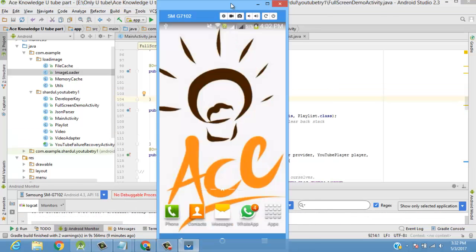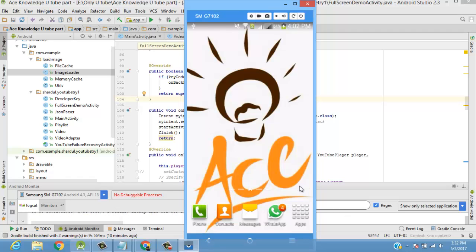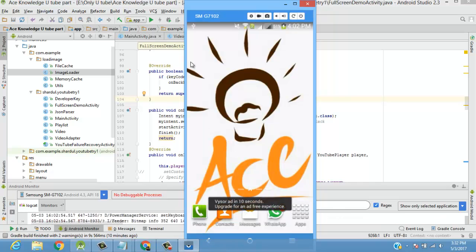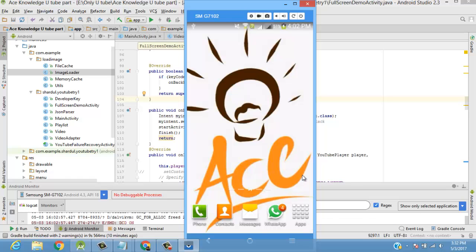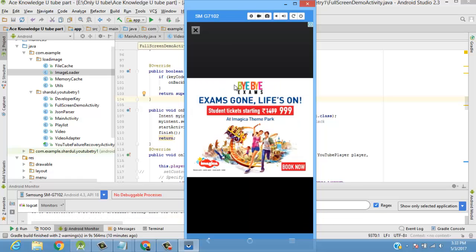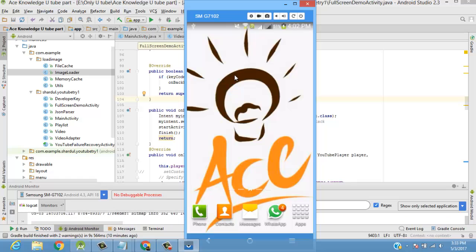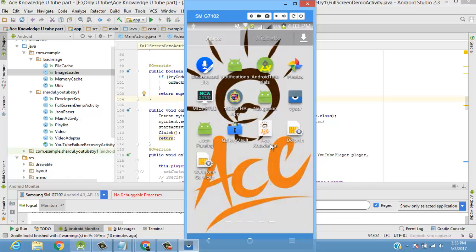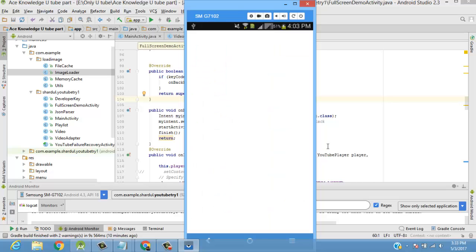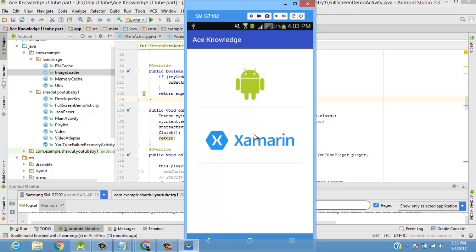So here I have installed this application in my Android device. So let us check it over here on the Visor application. So let's get into our application. This emulator is working slow. So here is the application Ace Knowledge, and we can view the first layout over here as a card view, which consists of Android and Xamarin. On clicking on Android, the playlist will be viewed. So let's click on it,